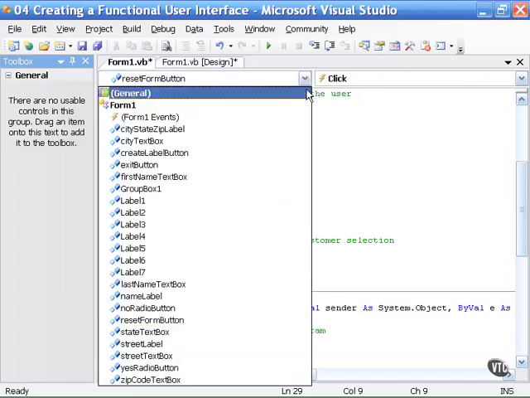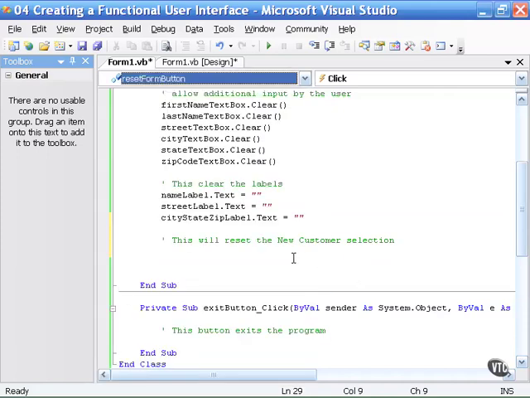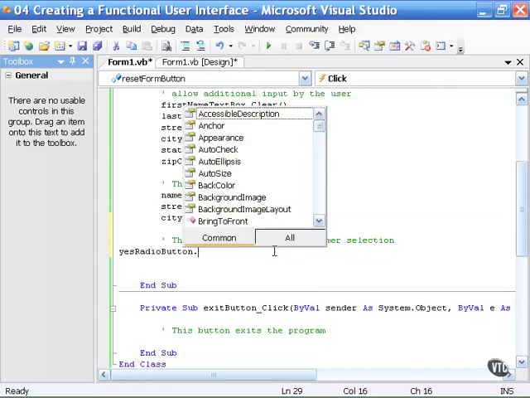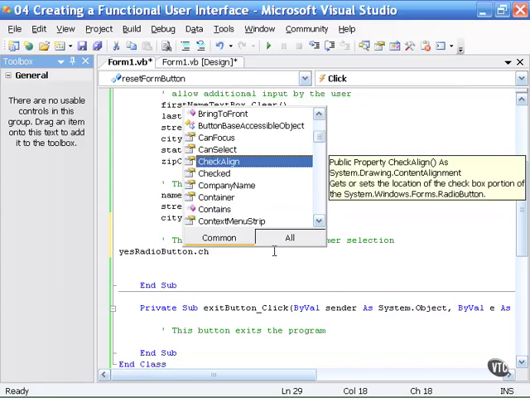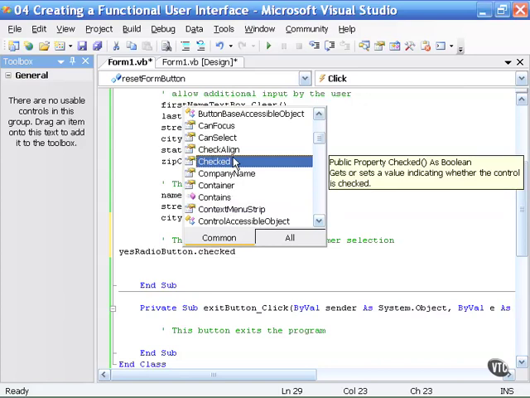So let's check our drop-down list and find the names of the radio buttons. And as you can see, one is called Yes radio button and the other is the No radio button. It does not really matter what order we work with these, but I will simply write Yes radio button dot, and once again, if the control is recognized, it will then present the IntelliSense list. Now with radio buttons and also with checkboxes, there is a property called checked. And as you can see, if you type the word check, it will eventually find the word checked,